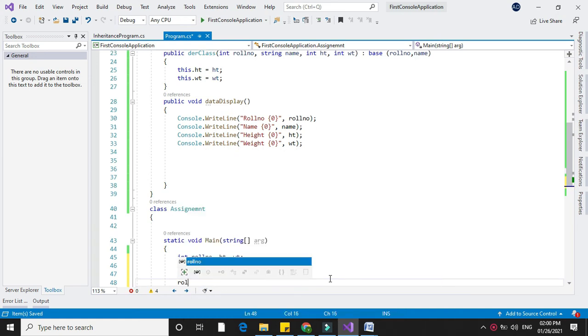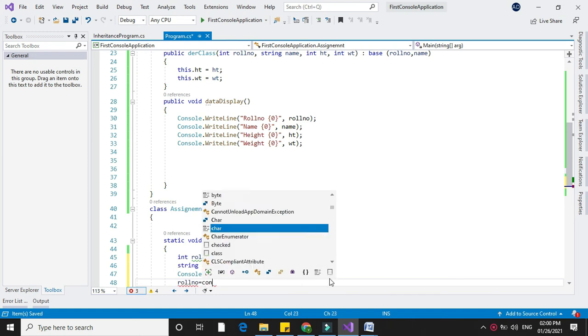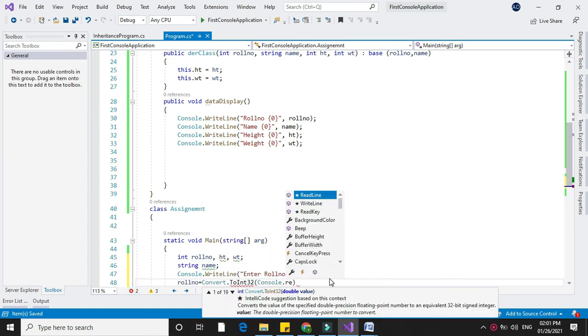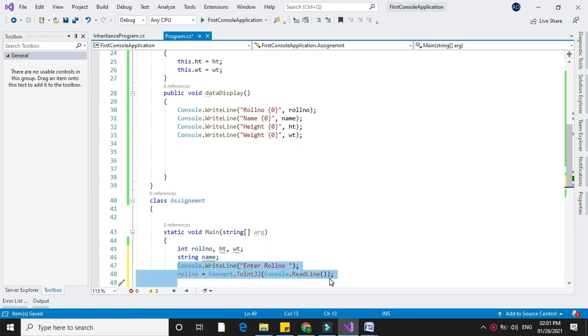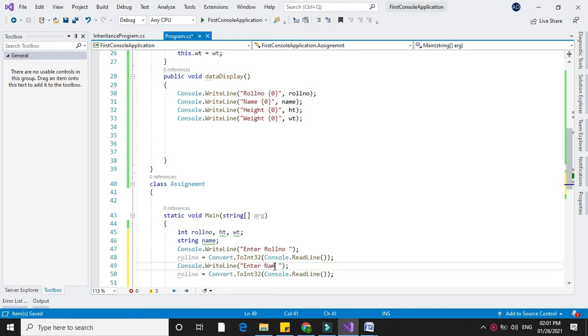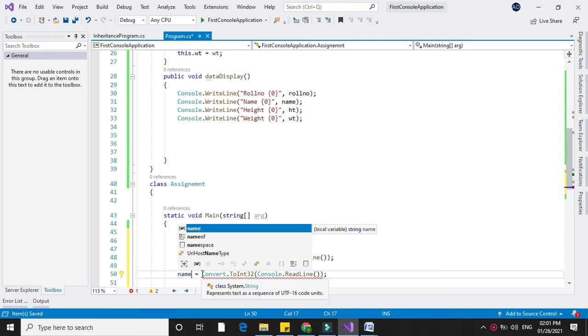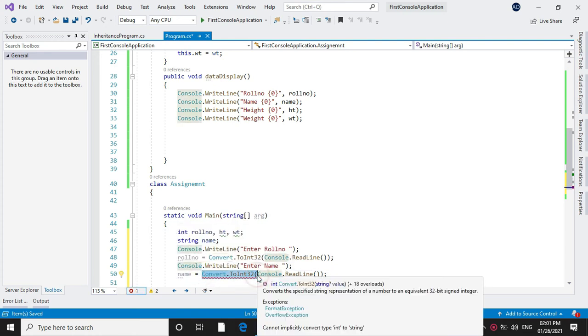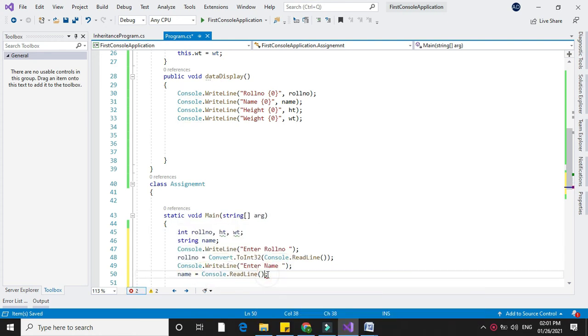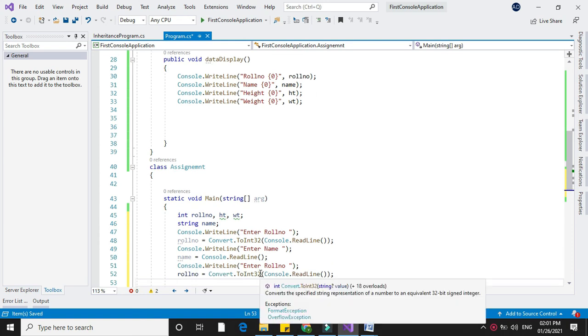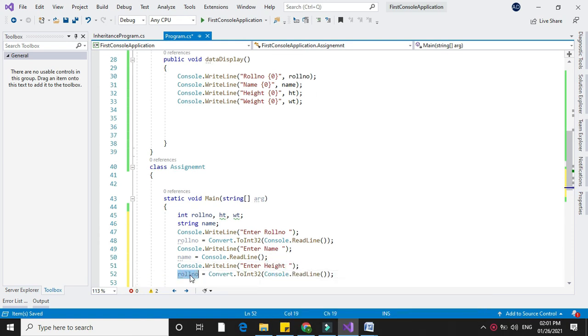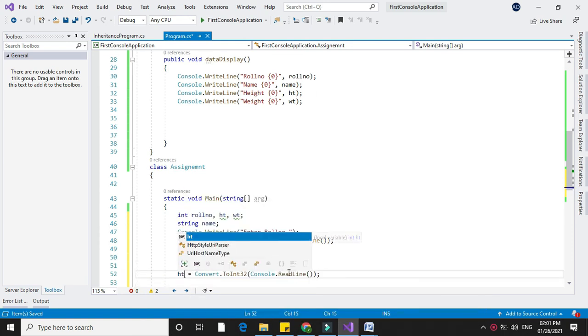Since it is an integer we will convert it. Then we will accept name. Since name is a string, no need to convert it. Then we will accept height and we will accept weight.